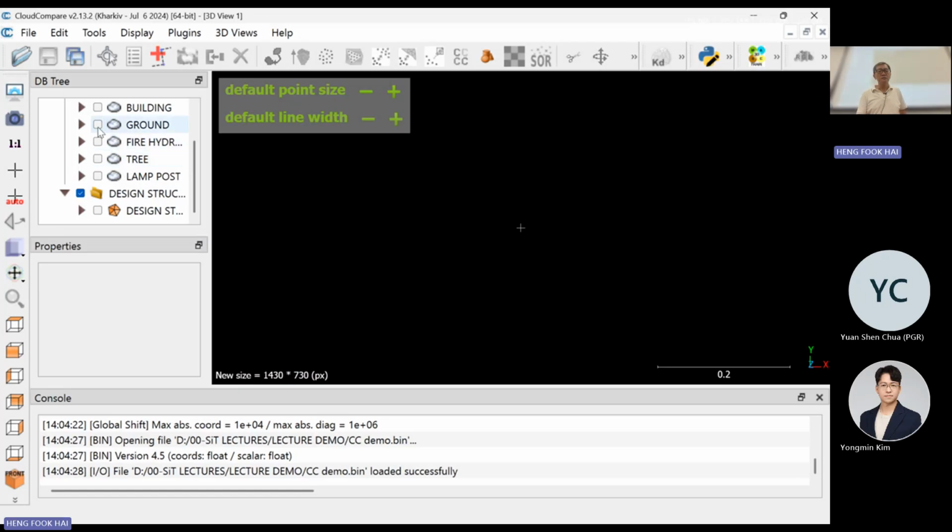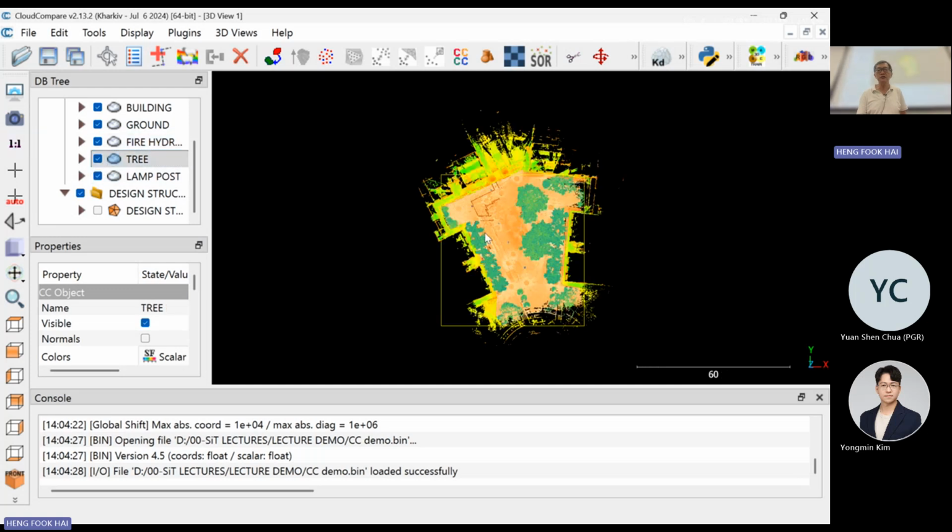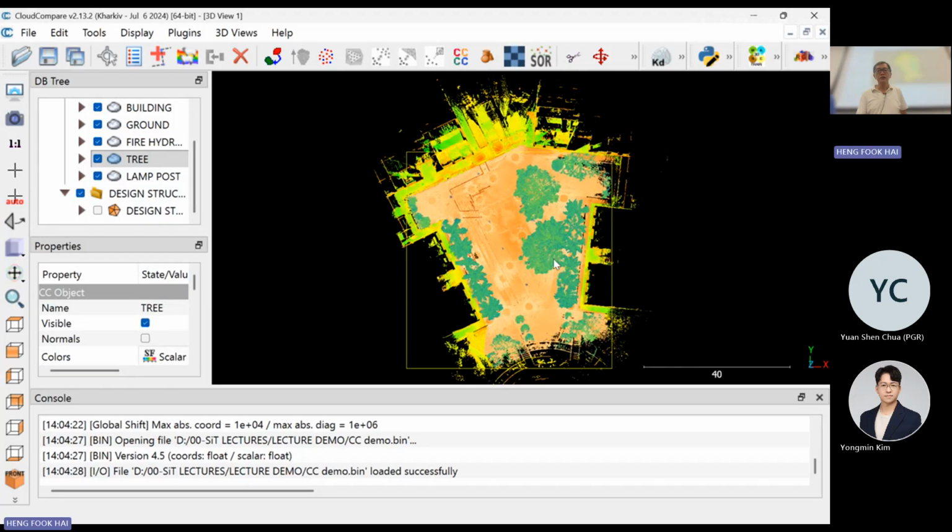So if I were to put up all these point clouds, LiDAR captured point clouds, you are able to see that there is a complete cloud, and to visualize,